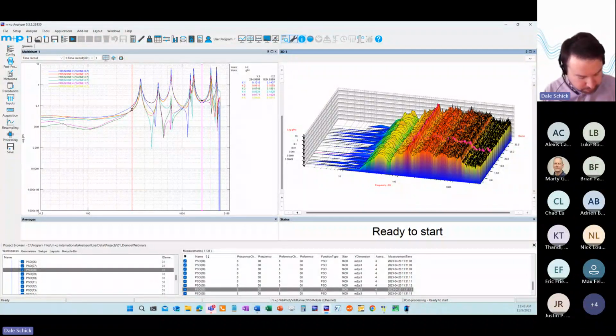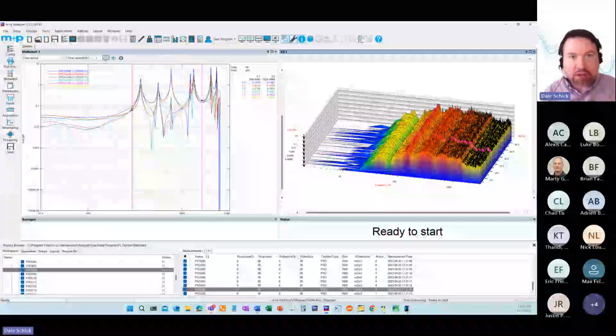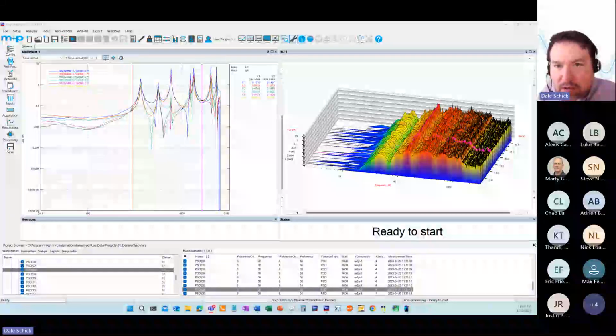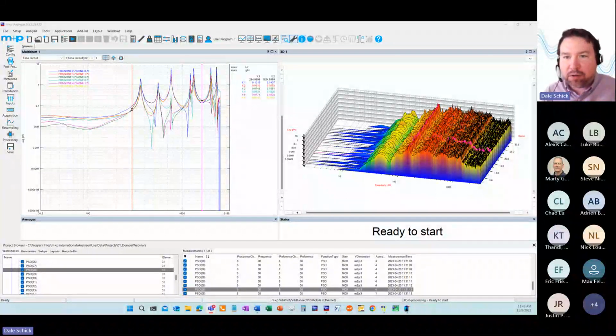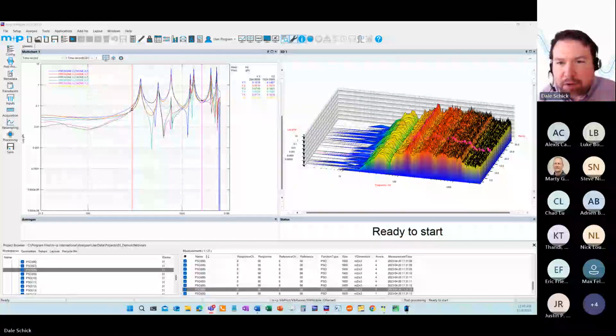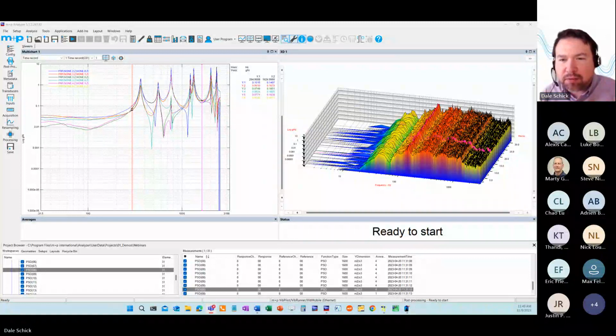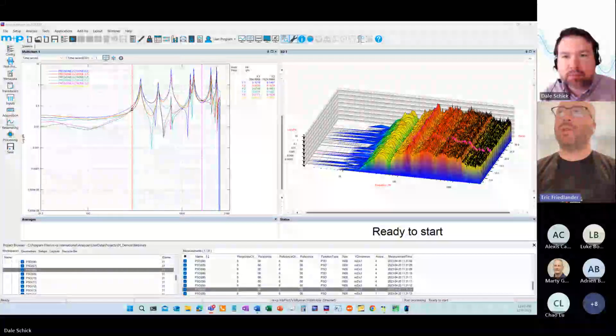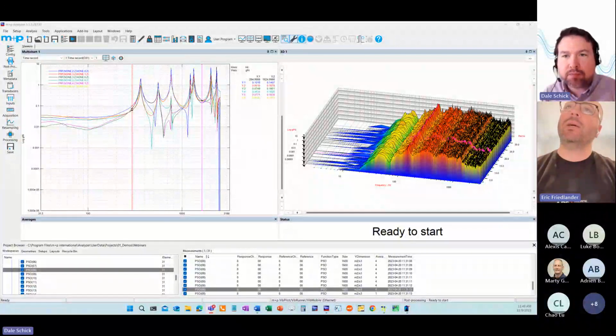So we're coming up a little bit here on the end. I was going to try to leave the last 10 minutes for questions or so. Does anyone have any questions about the processing of the data? I know it looks like Max asked a question about 1/6 and 1/12 octaves. Eric, did you answer that already? I have not. So Max and I were chatting about the drive, the configuration, which I addressed. But yeah, anything on how you guys drive,